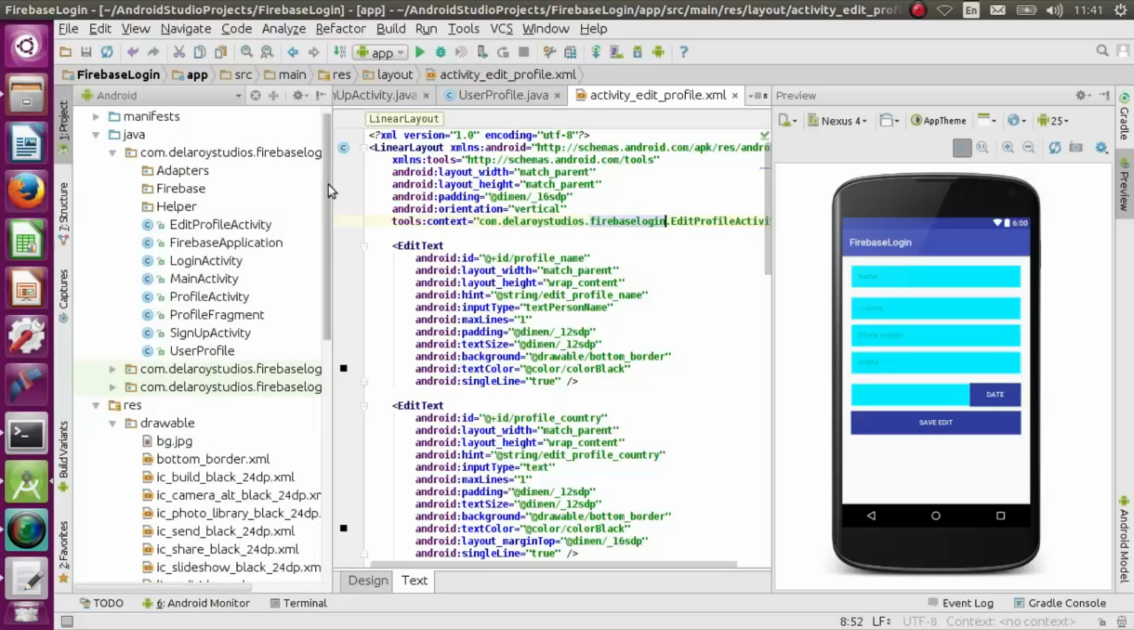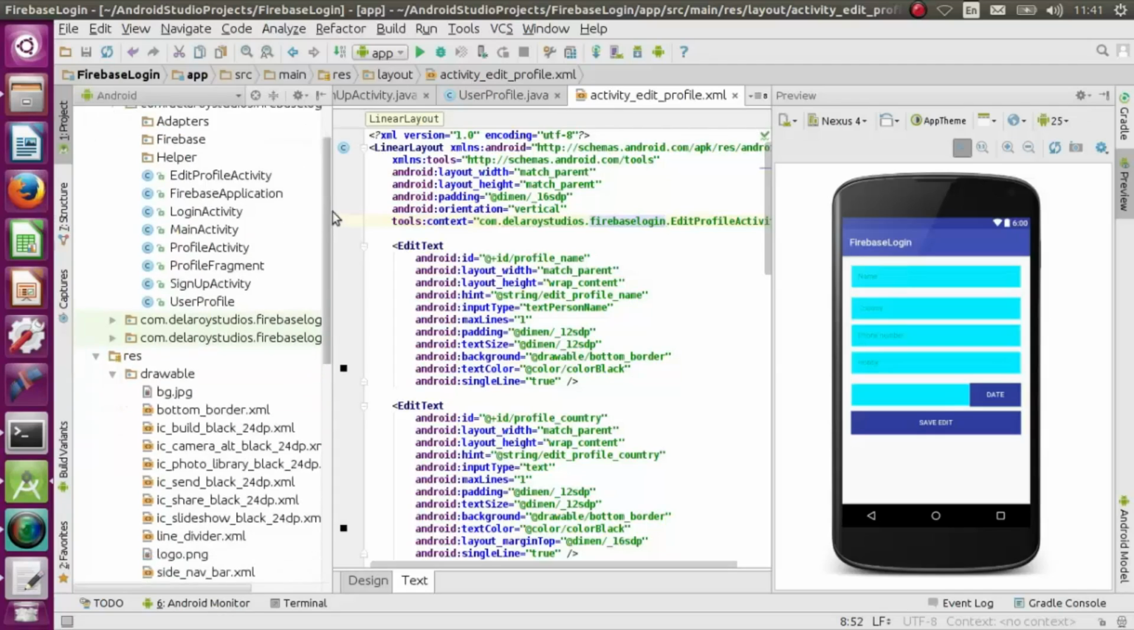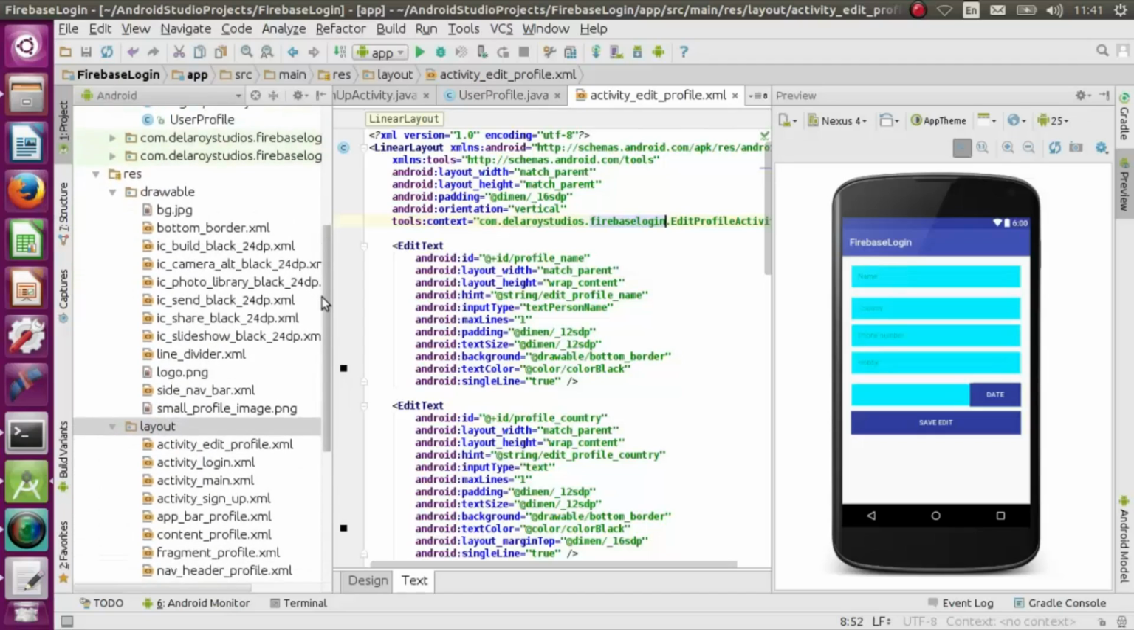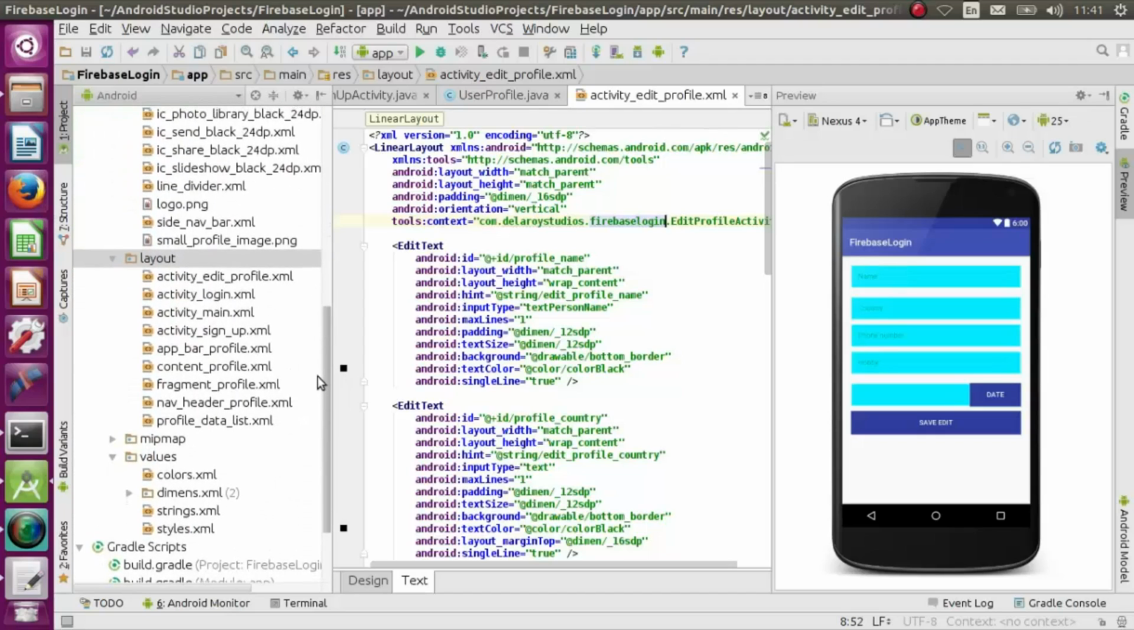So now we'll be extending and moving on. We've created all the classes we needed: the edit profile activity, Firebase, login, main, the profile activity, the profile fragment, sign up activity, the user profile, and also some packages for the adapters, the Firebase, and the helper. Before we move to the Java classes, we need to create the menu